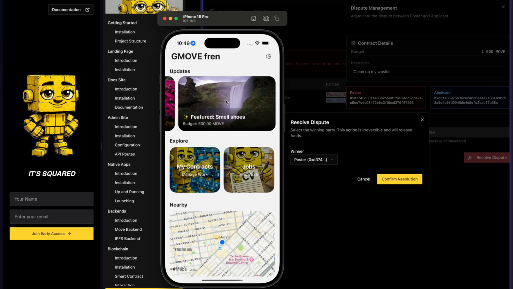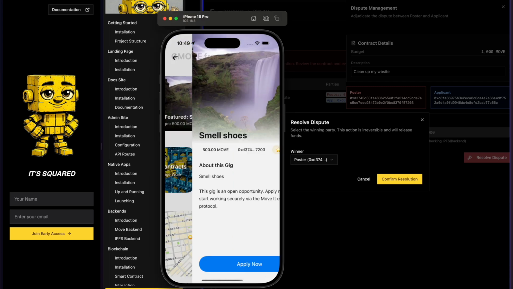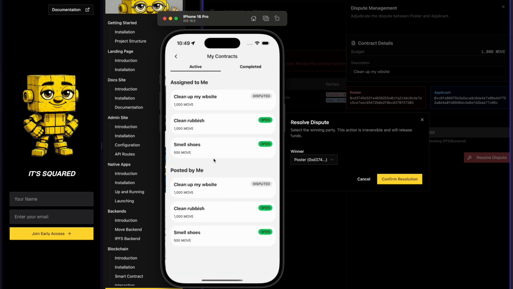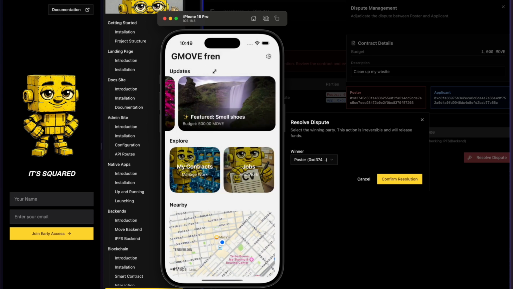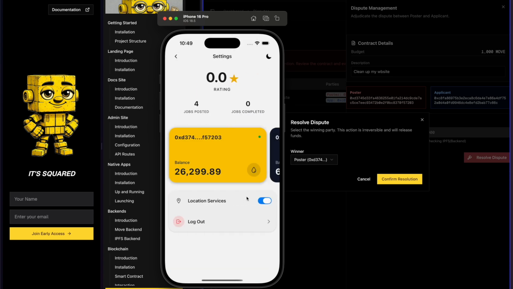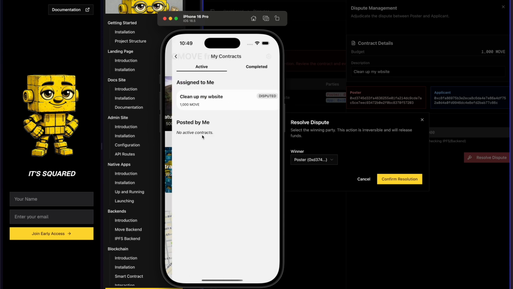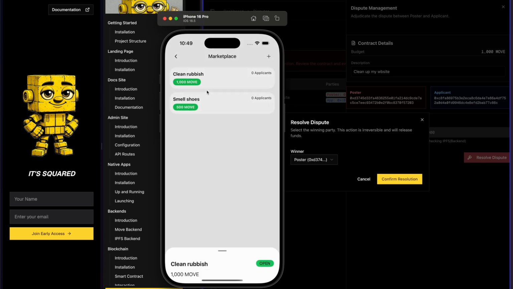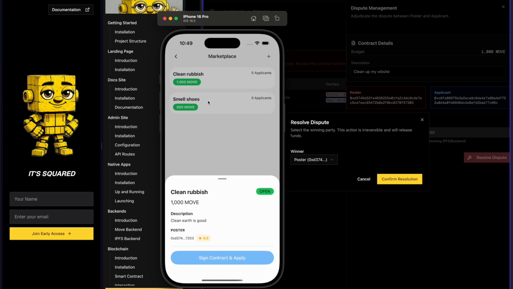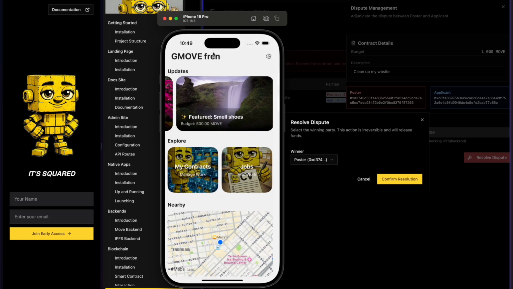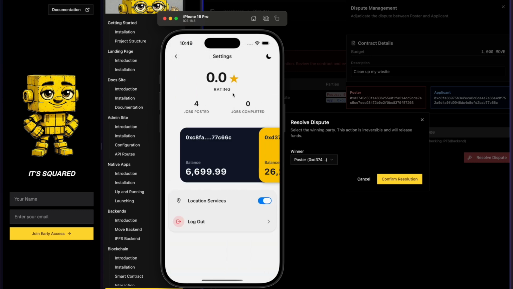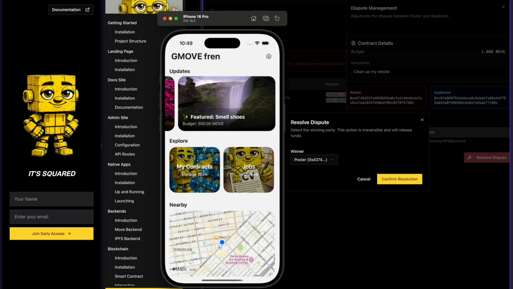Alright, cool. So here we can actually see featured jobs, and from here is where we can see the active jobs. Now, if I was to switch to this, I can jump into this, I can apply for it. So this signs an actual IPFS transaction, and then the poster, in this case this address,